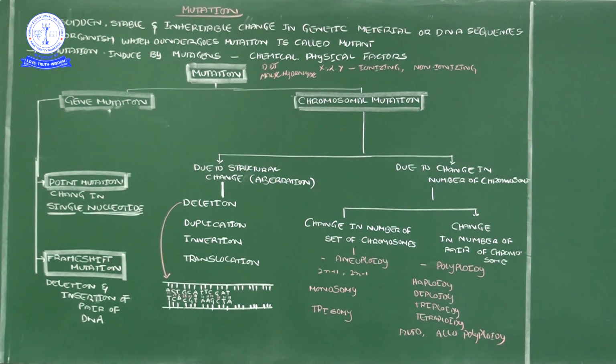What is the meaning of the nucleotide? Pentose sugar, then phosphate, and then one single nitrogen base. One single nitrogen base change will lead to a point mutation. Later, in the continuation video, I will discuss sickle cell anemia, the best example for point mutation. Okay, I will give clarity in the next video.